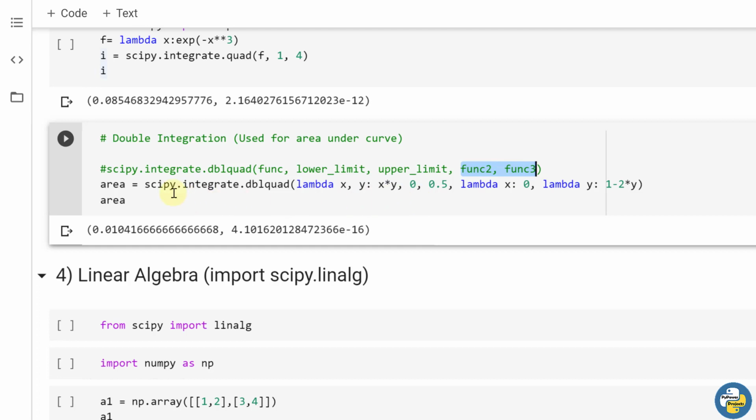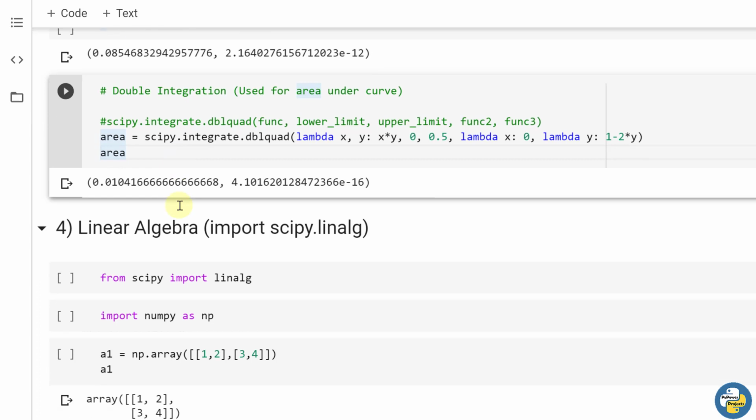As you all are familiar with double integration, I am not taking a deep look into it. So I have passed the arguments here, that is lambda x and y such that xy, lower limit is 0, and these are my other two functions, and I will calculate the area, it is 0.125. So dblquad will calculate double integration for you.